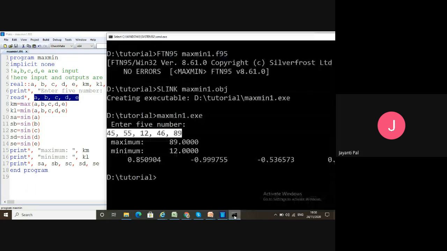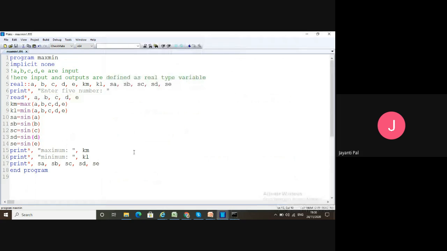So then it calculated the maximum and minimum, and it calculated the sign. Now here you can see that for every value I have to do the sign operation in a separate line. Okay, so it makes the program longer. It takes a little more time, but we can do this in a single line if we consider loops.